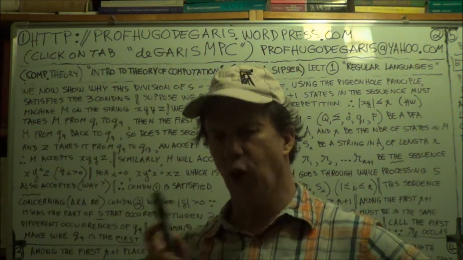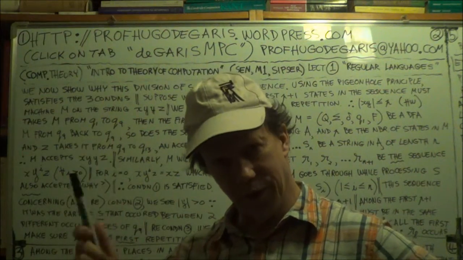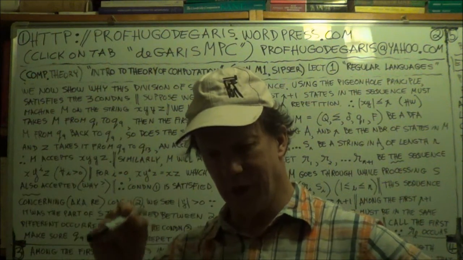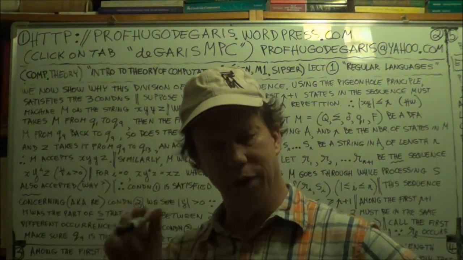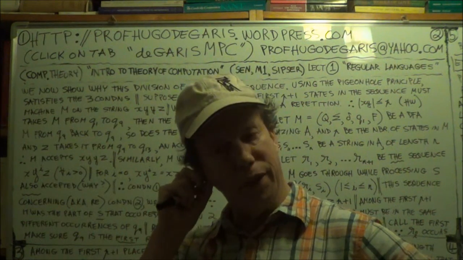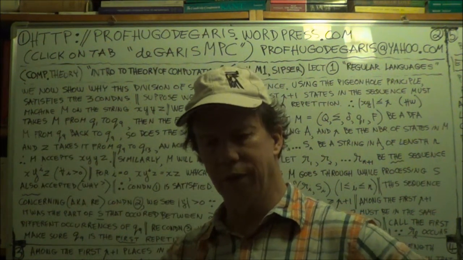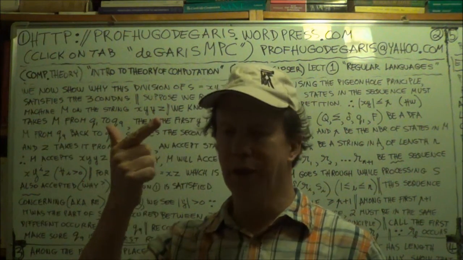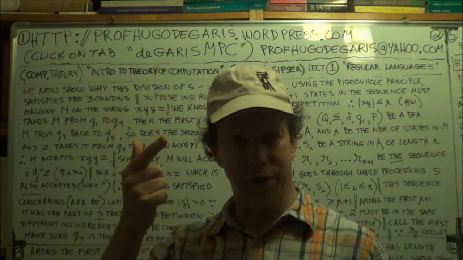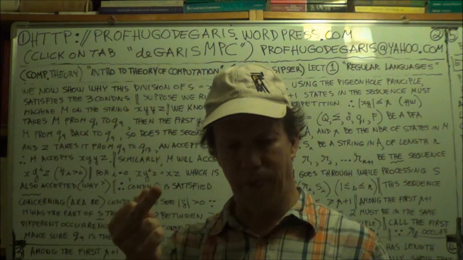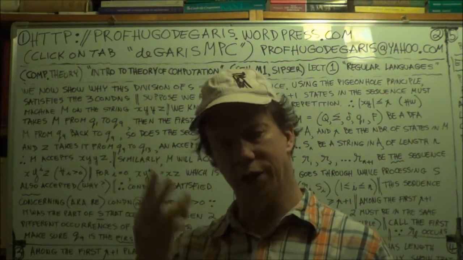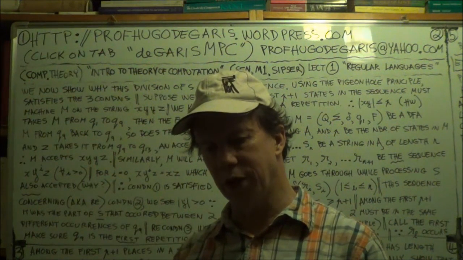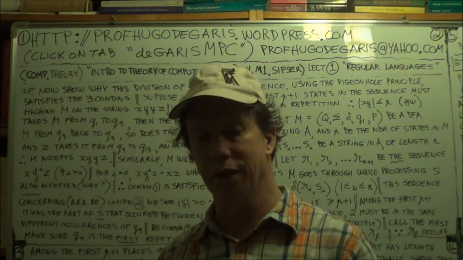Because if the language is regular, then all strings that satisfy those three conditions, and that's the point of the pumping theorem, the length of those strings being greater or equal to little p, the pumping length, then all of them will satisfy those three conditions. The first one, that the pumped string belongs to the language, the size of y is positive, and the size of xy is less or equal to p. So if you can just find one string for which one of those three conditions is not satisfied,